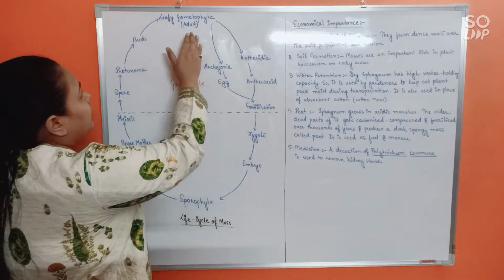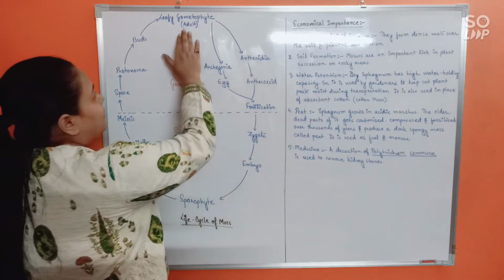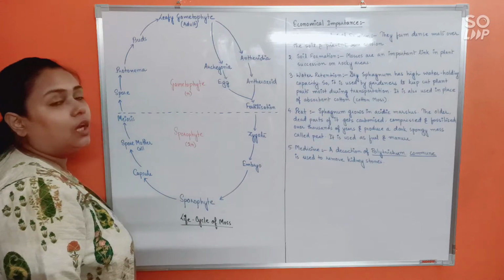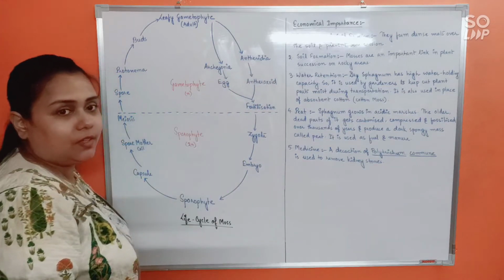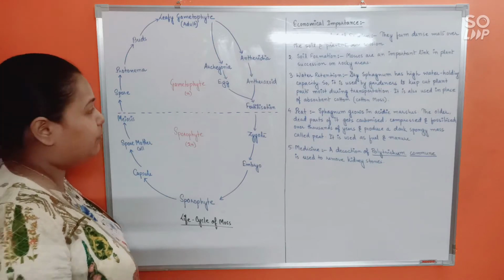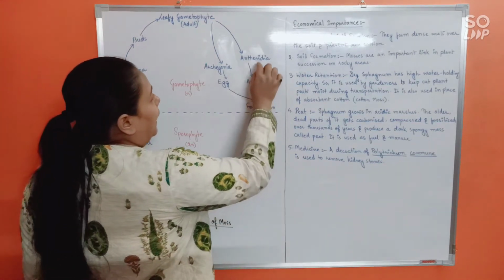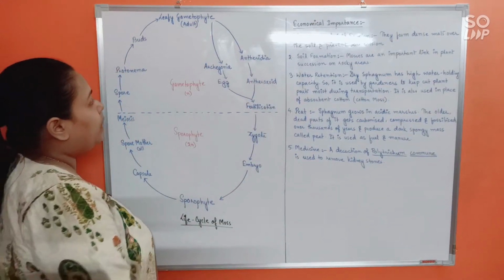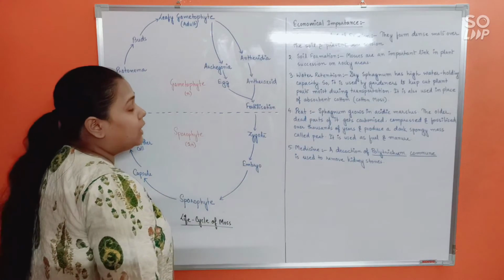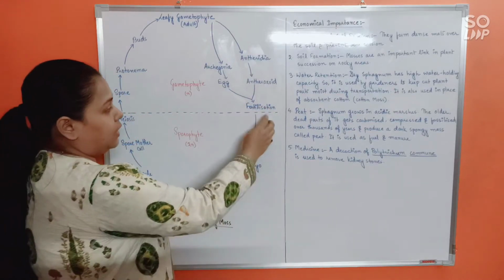So it starts with the leafy gametophyte, that is the adult, and as it reaches adulthood, it would give rise to antheridia and archegonia respectively, the male and the female sex organs. The antheridia will bear the male gamete, that is the antherozoid, and the archegonia will bear the egg. Eventually both will fuse together, causing fertilization.